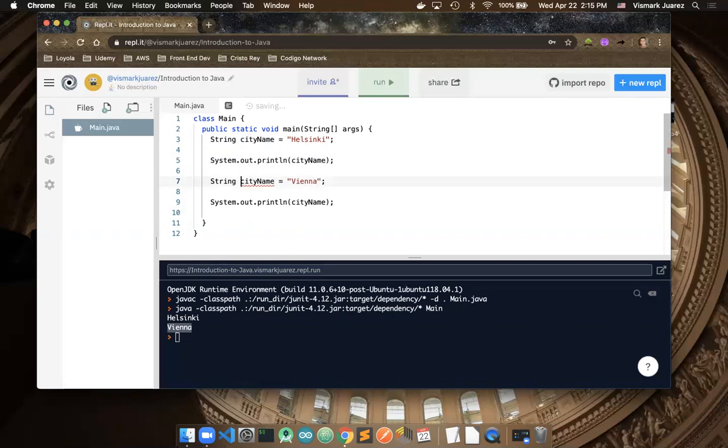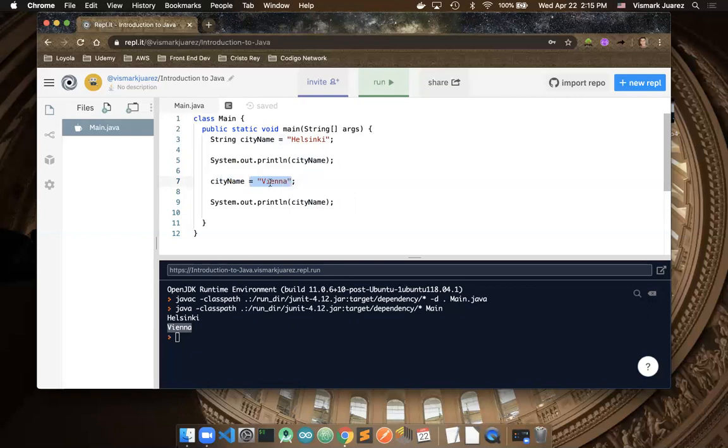That's because you only need to specify the data type of a variable when you're creating one. We don't need to create city name again because we already created it on line 3. We only want to reference it. We only want to tell Java, I want you to isolate this particular variable, city name, and assign to it